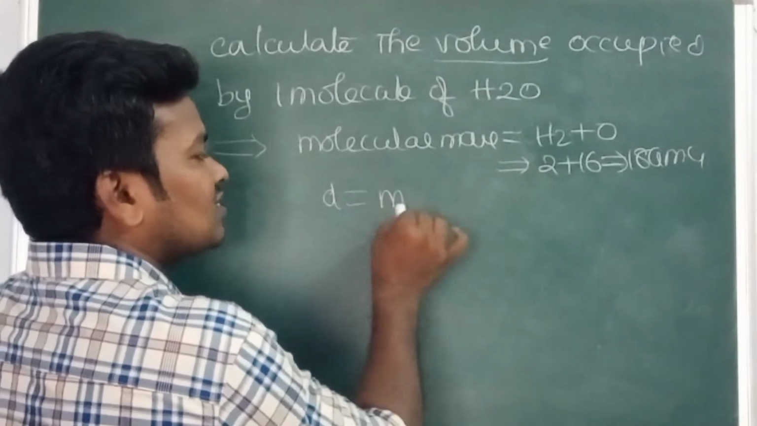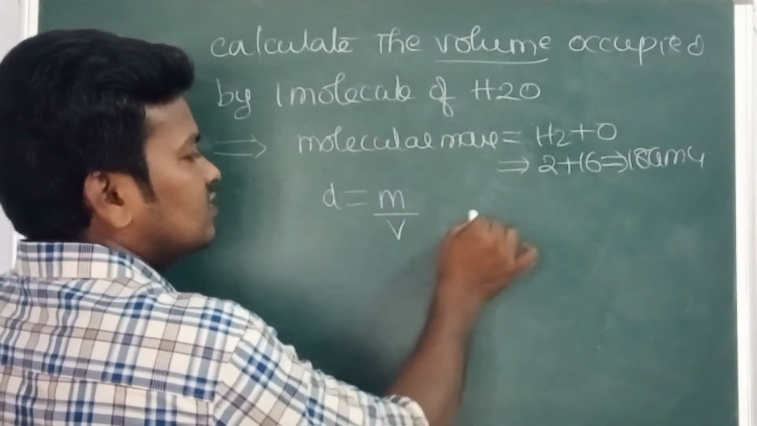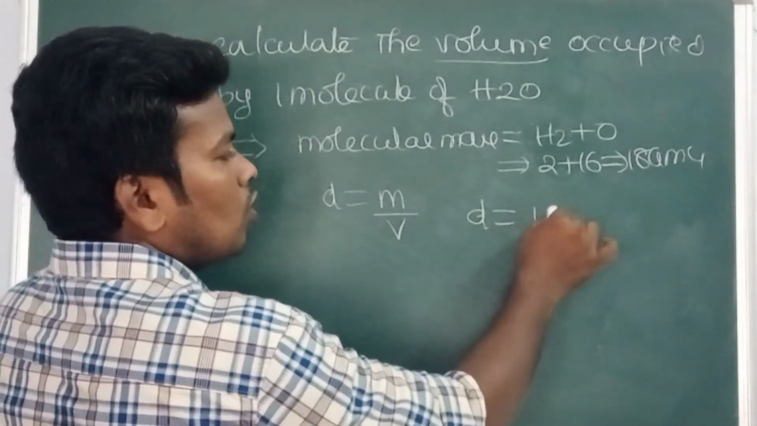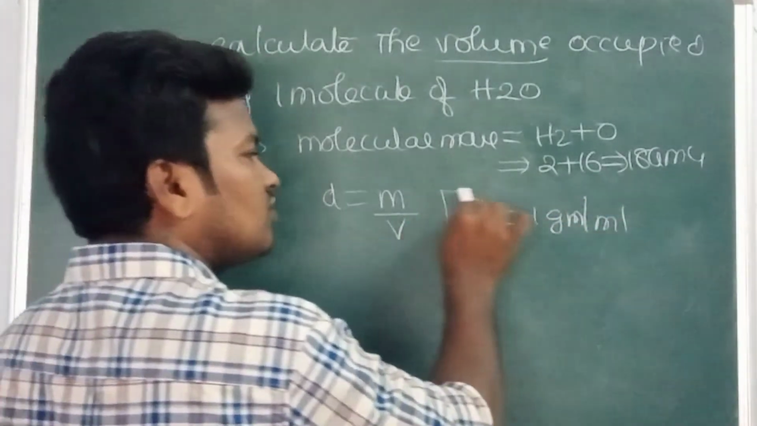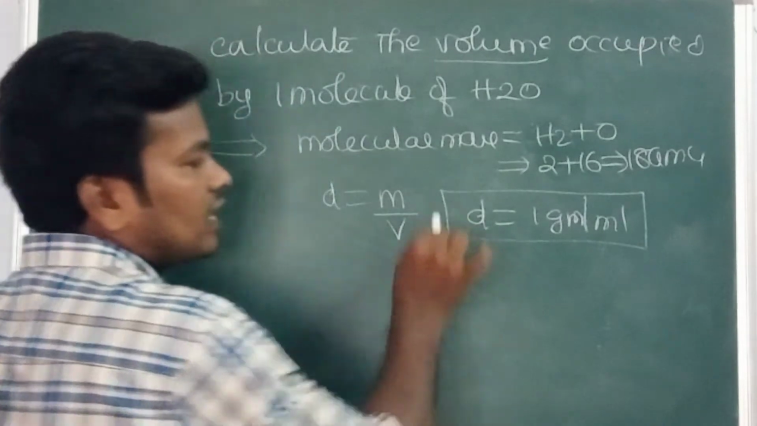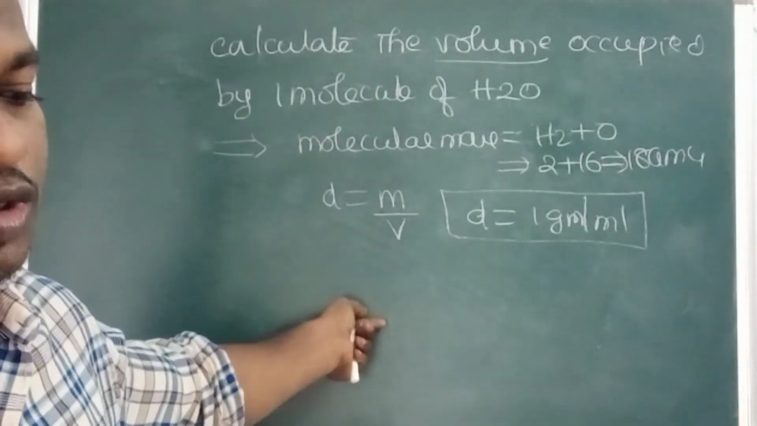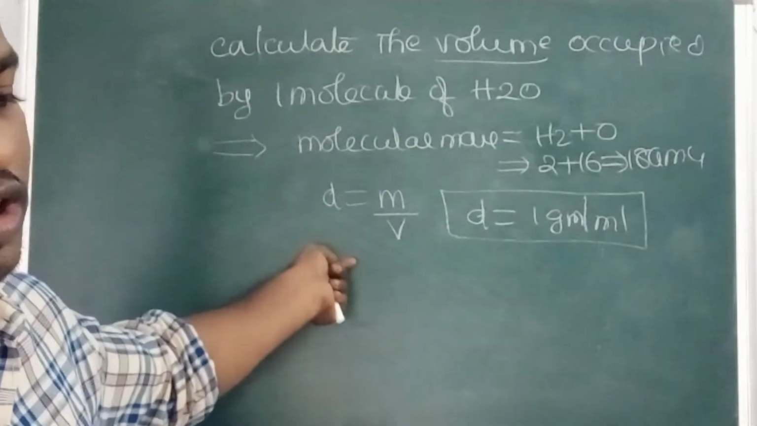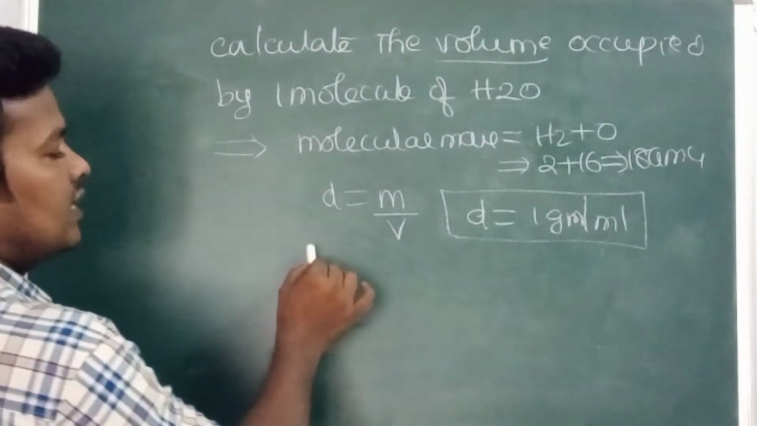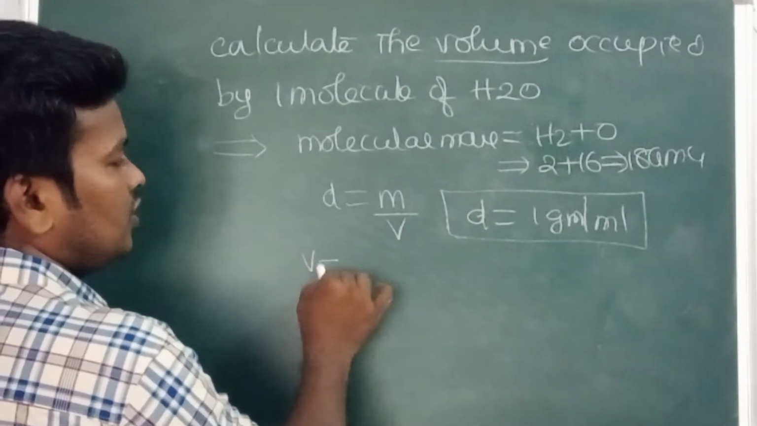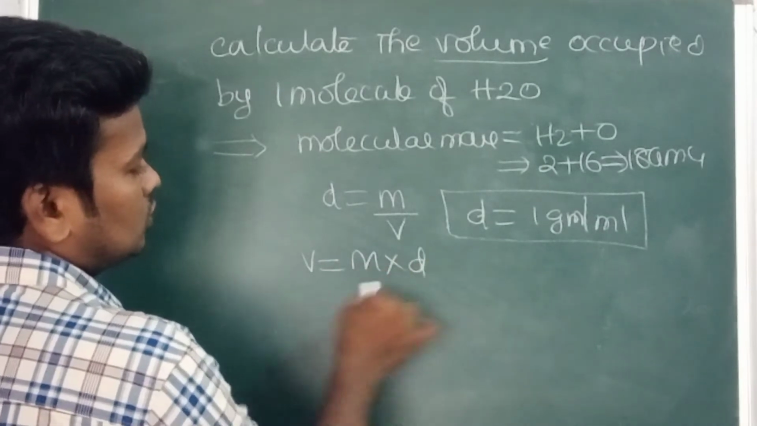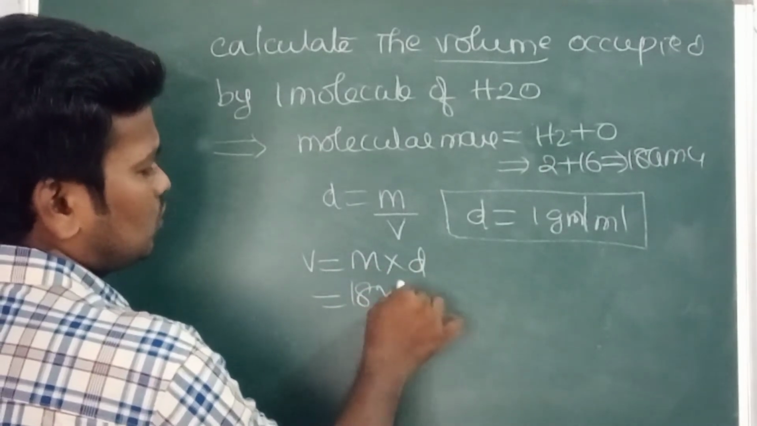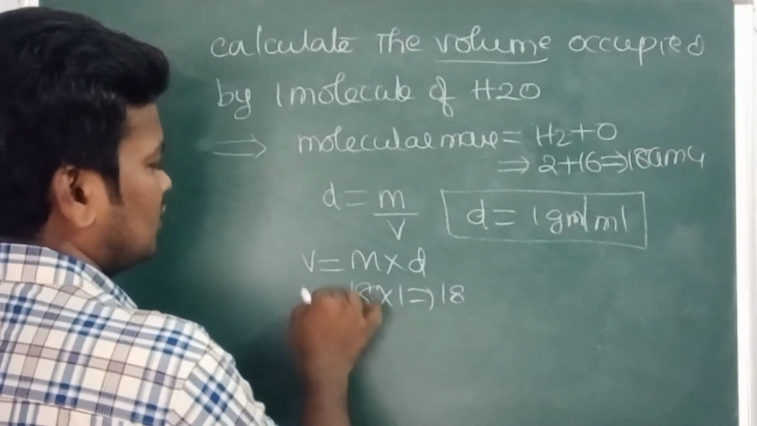We know the formula: density is equal to mass by volume. Density of the water is equal to 1 gram per milliliter. You have to remember the density of the water. It is very useful while calculating numericals. Just substitute this one. You will get the volume: V is equal to m into d. So it is equal to 18 into 1, is equal to 18